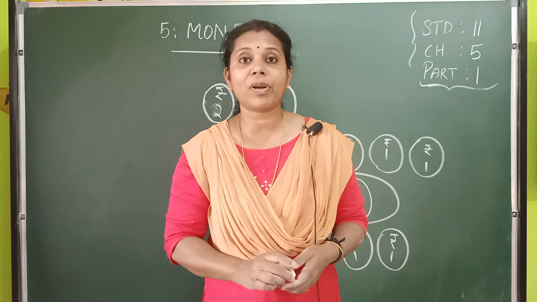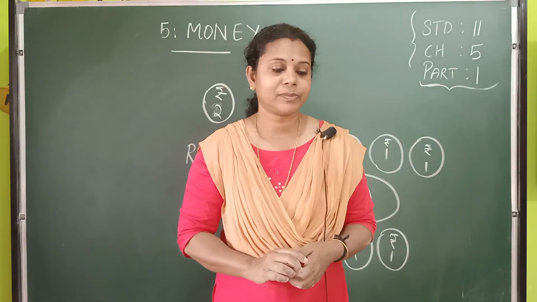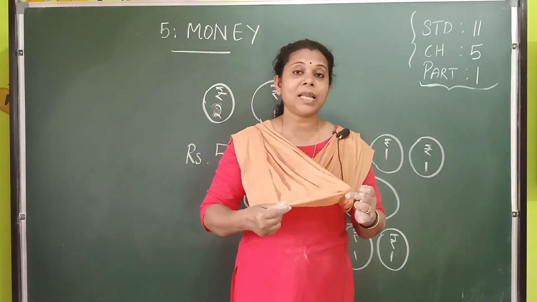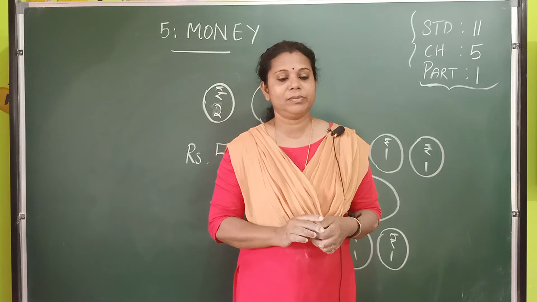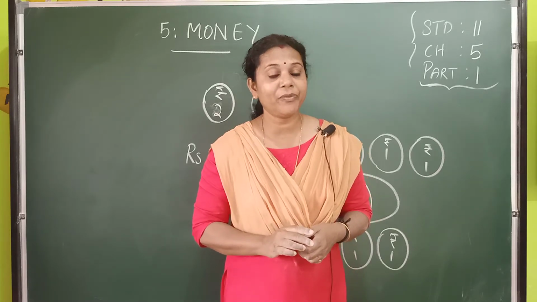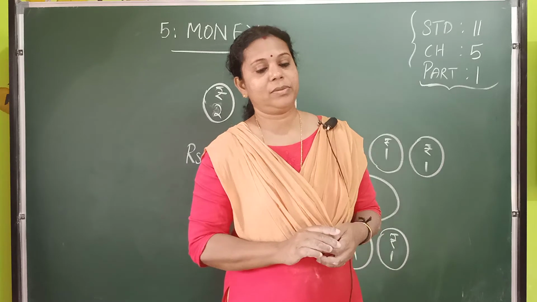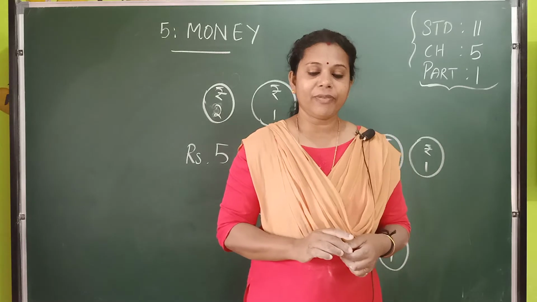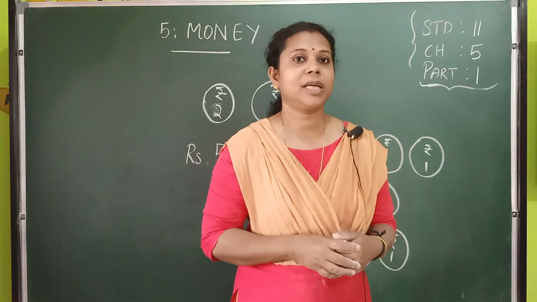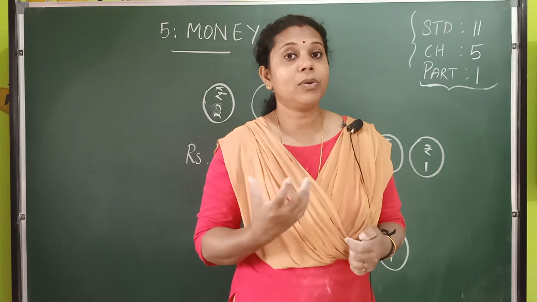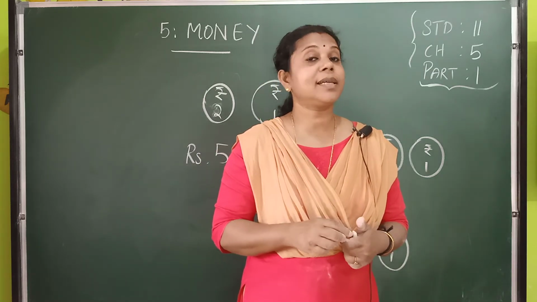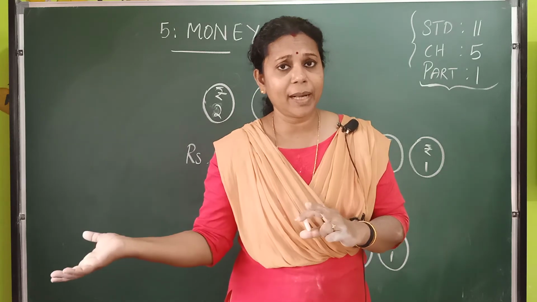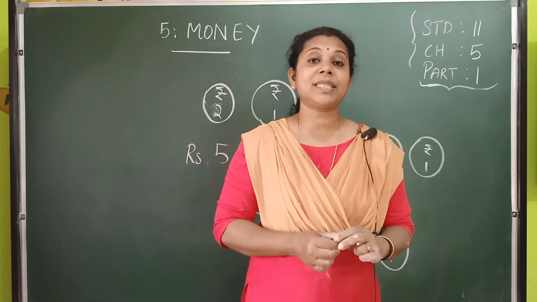It is a question taken from page number 134. Second question in exercise 5.1. Please take page number 134. Exercise 5.1. Ankita bought a muffler for rupees 35 for her friend Lekha, and a scarf for another friend Malobika. The scarf cost rupees 38.